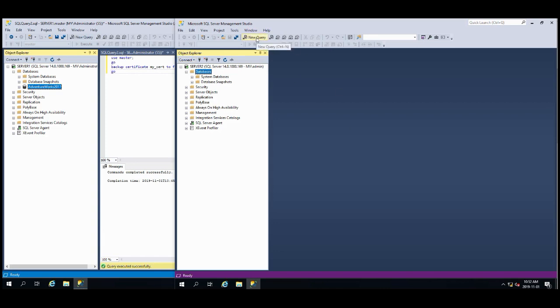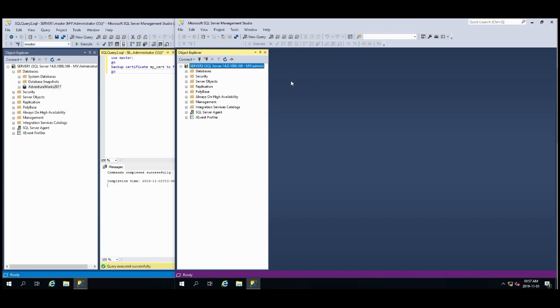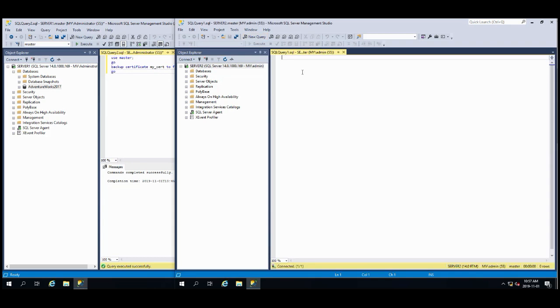So now let's try to see if someone recovered just the certificate but not the private keys. Can you do anything? Let's go new query here. And now let's just try restoring just the certificates. Okay, create certificate, we'll call it TDE this time, cert